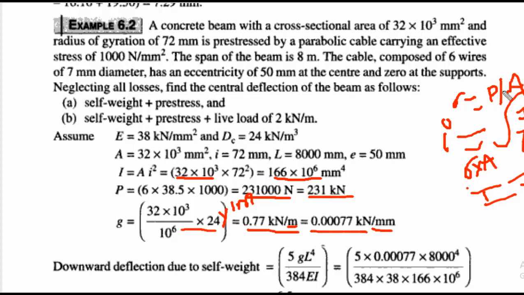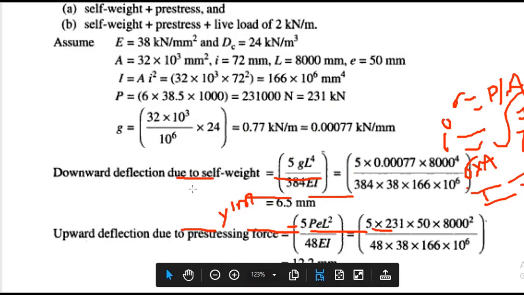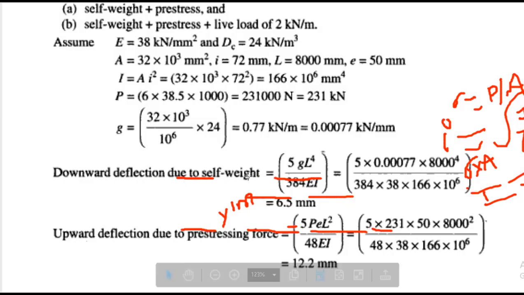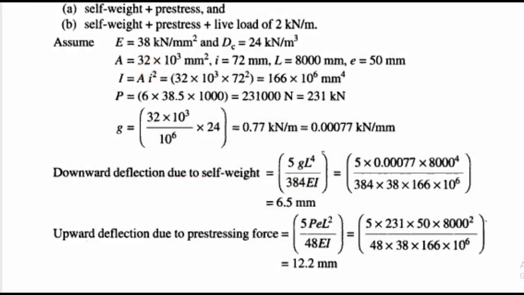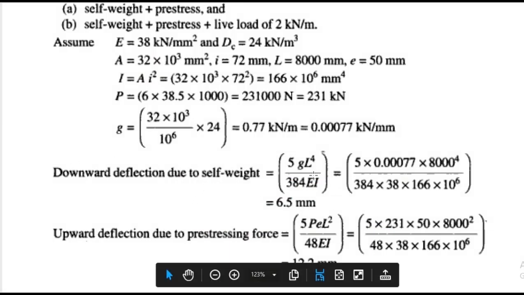Now we have to calculate the downward deflection of the beam. The downward deflection due to self-weight of the beam is equal to 5gL power 4 divided by, wait a minute, I will erase this data. Okay. Downward deflection due to self-weight equal to 5gL to the power of 4 divided by 384 into EI,